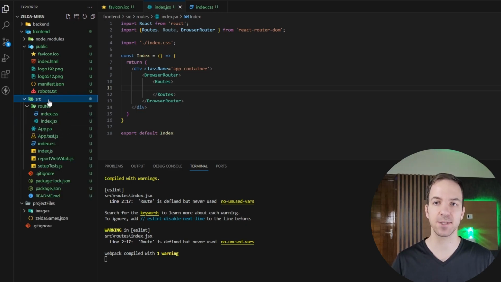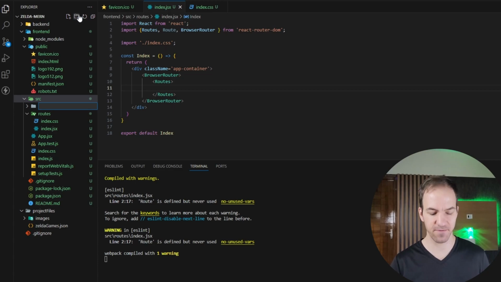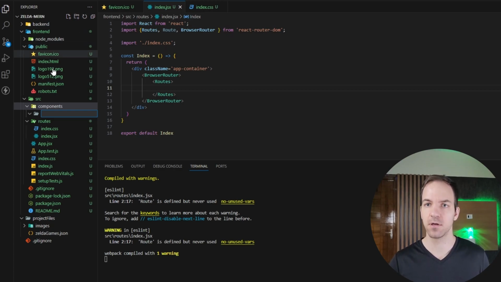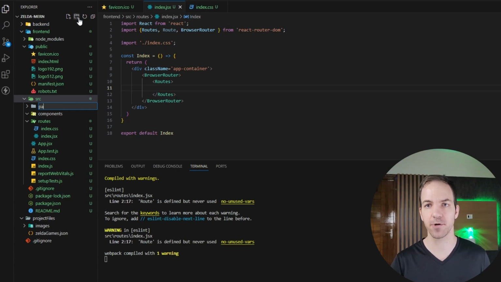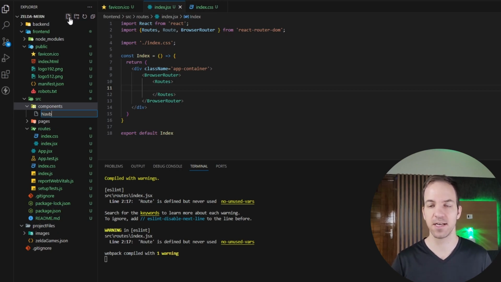So come back into the source. I'm going to have one directory for components. And then also within the source, I'm going to have one more directory for pages. So inside of components, let's add a file for